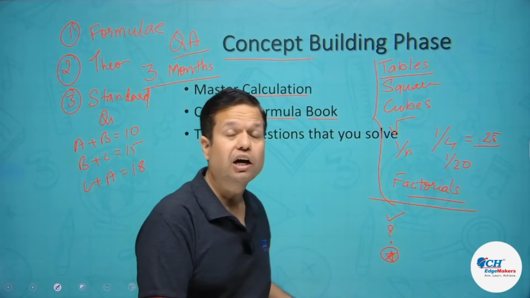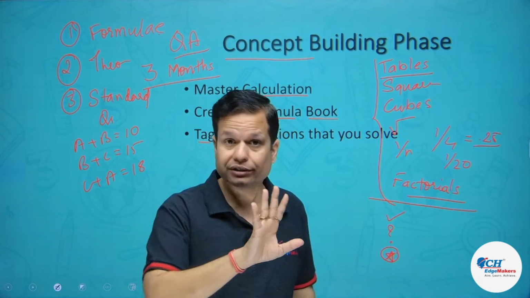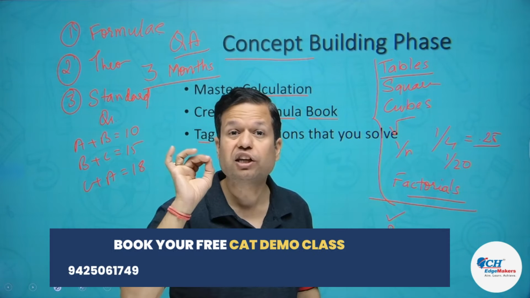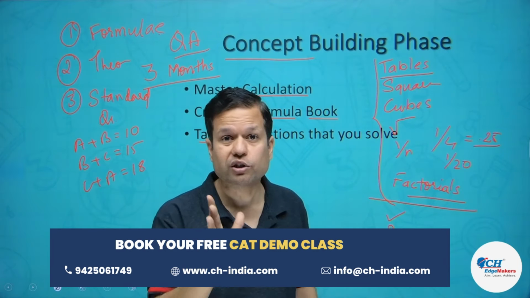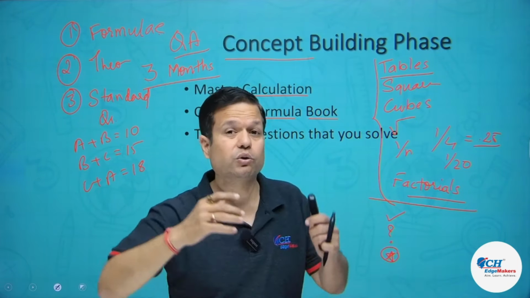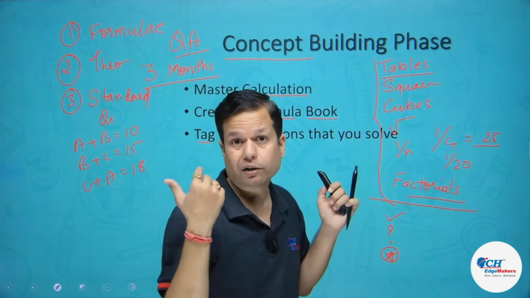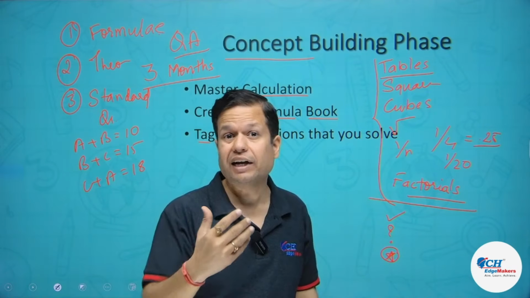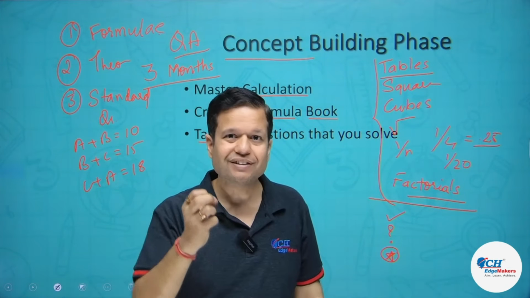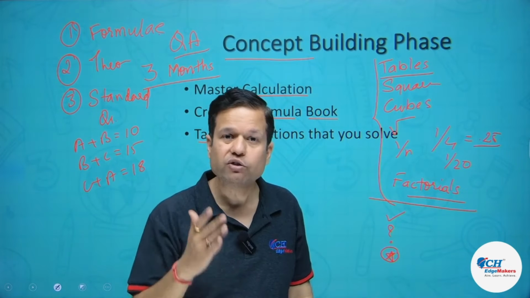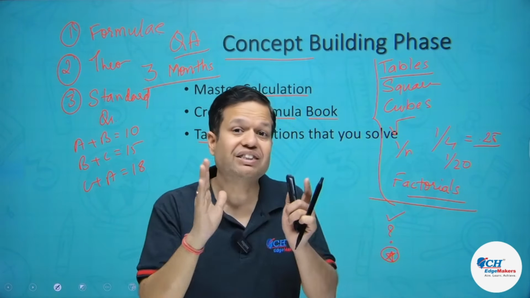Then there's something like star. Now what do you mean by star? Although you were able to solve it, or let's say it was a doubt, still you can put a star. Star means it's an IMP kind of question. So something that you want to do again. It's a good question. Although you were able to solve it, you took a lot of effort. You had to probably refer to your theory or some concept book to get the understanding, and then you were able to solve it. So that's a star question for you. It means I want to solve this question again at a later stage. That's why you have put a star there.